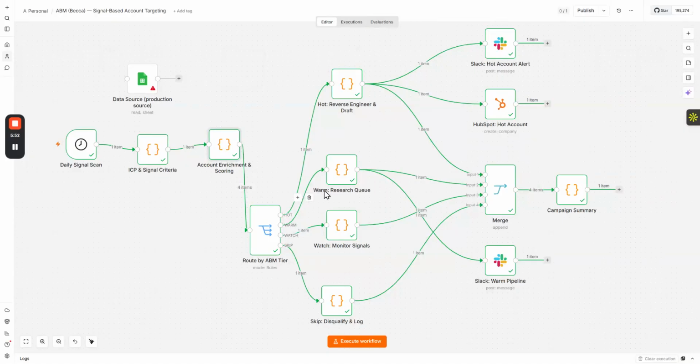And then warm accounts are queued for additional research. Then the watch accounts are monitored for future signals, until we get stronger buying signals. Until they appear, for the watch one, it's still under watch. Then for this one, we just skip totally. Yeah, we skip this one totally. So over here,